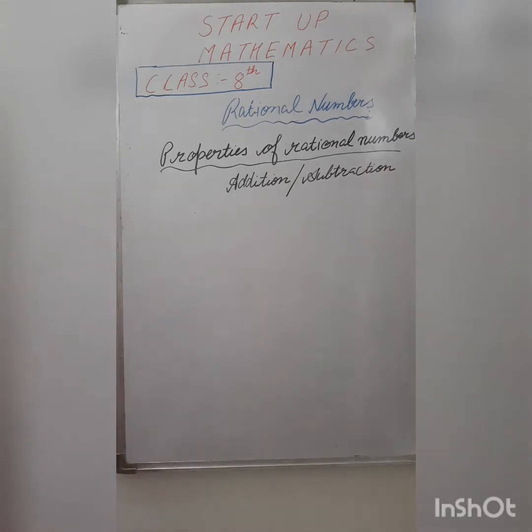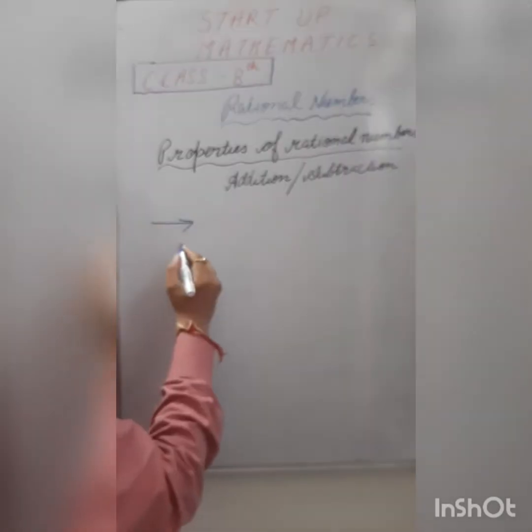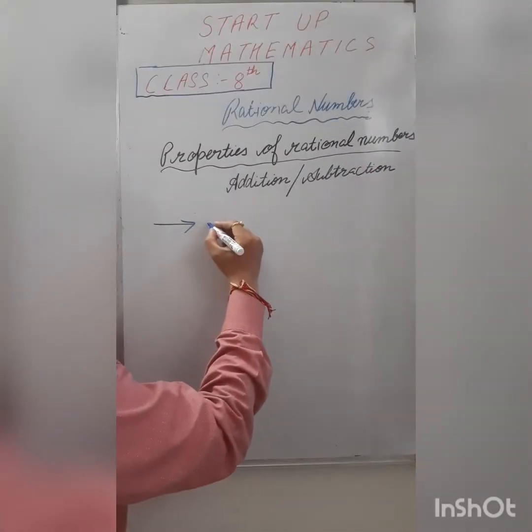In the next video we will cover the properties of rational number for multiplication and division. So in this video we generally deal with the properties of rational number for addition and subtraction, and these properties are: number 1, closure property;